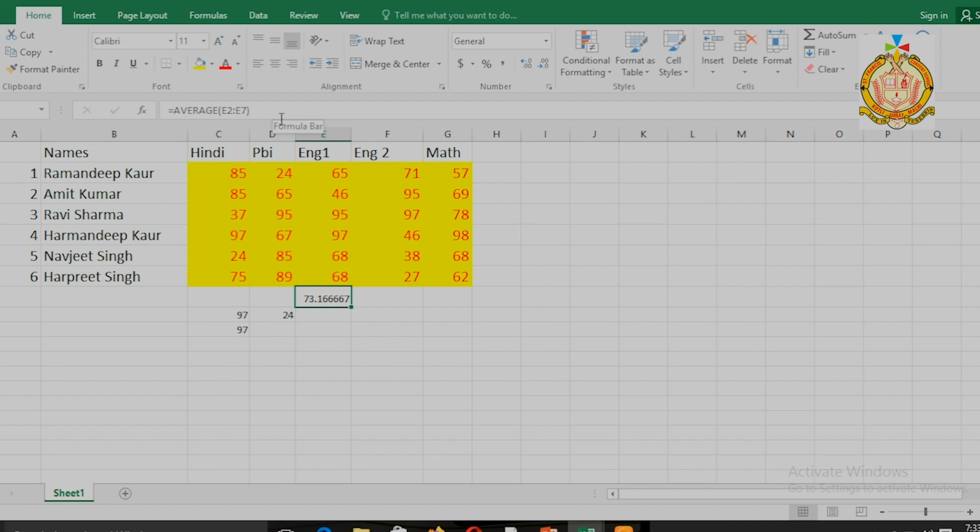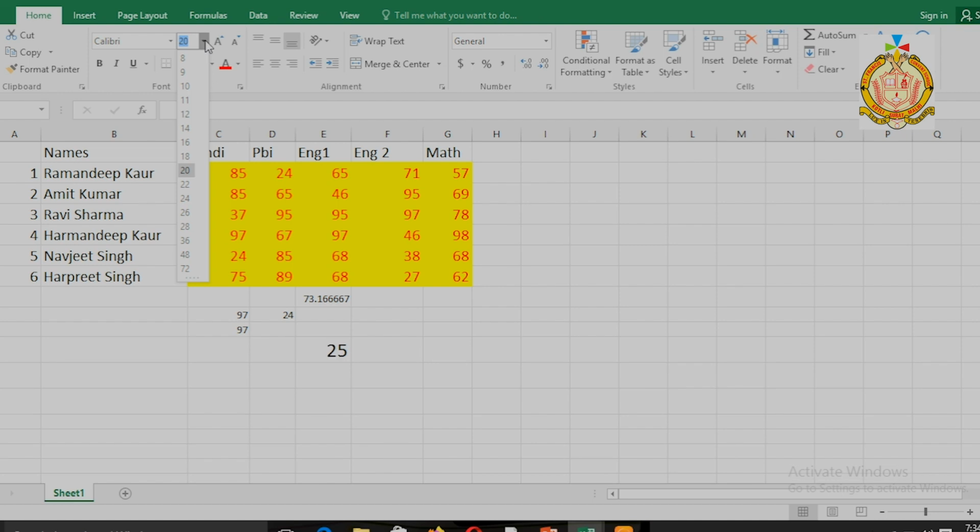Next we have another function, finding the square root. What is meant by square root? Say we put 25 here, and we want to find the square root of 25. I will increase the size.